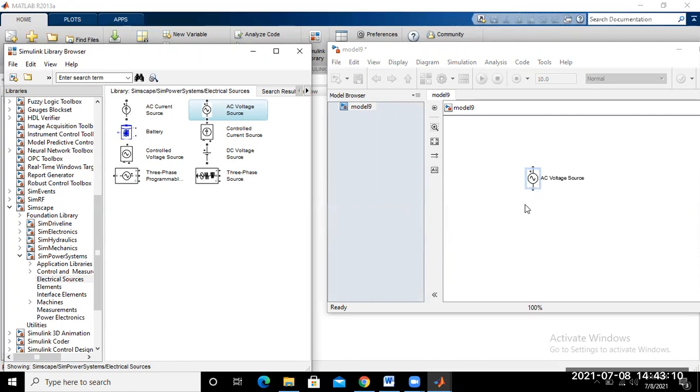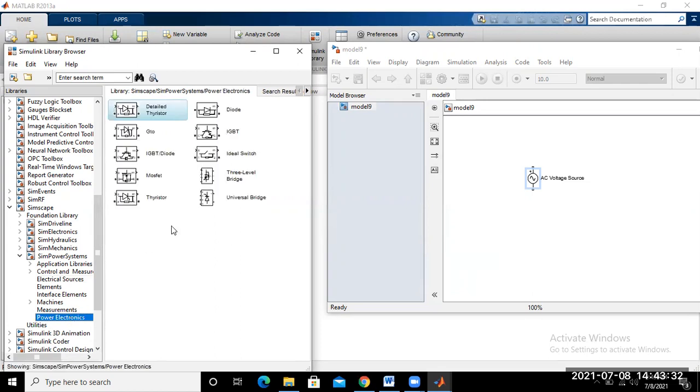Now what is required next? Two SCRs and two diodes. Okay. Two SCRs and two diodes. So go again to the power electronics devices. Yeah.